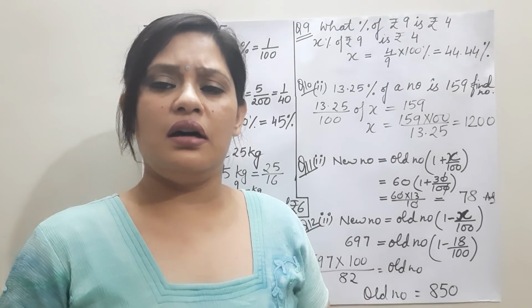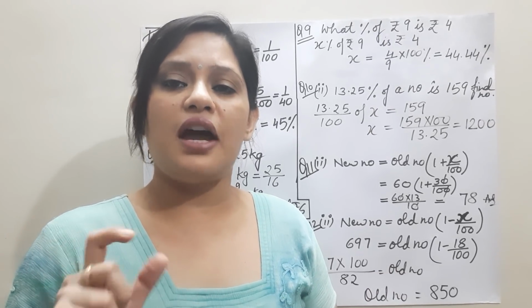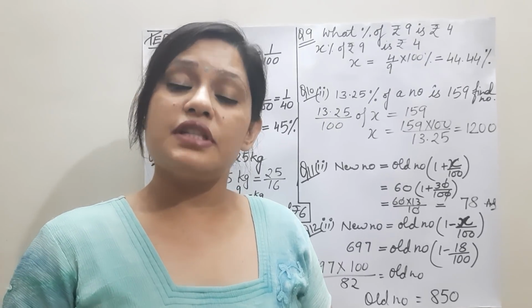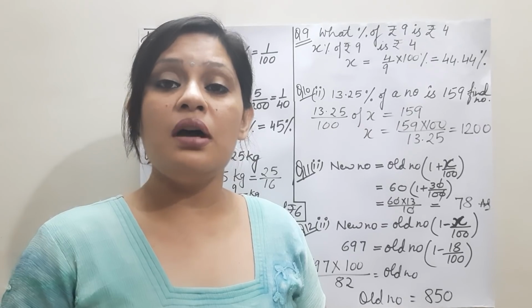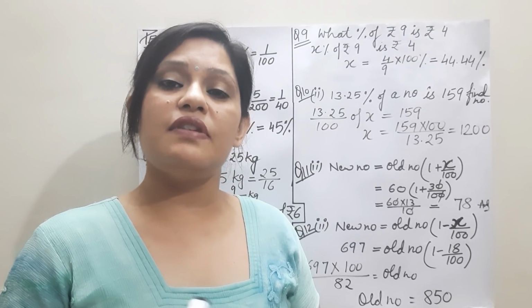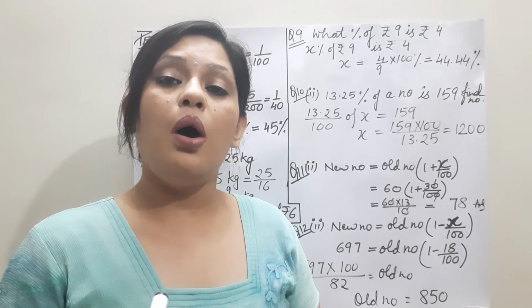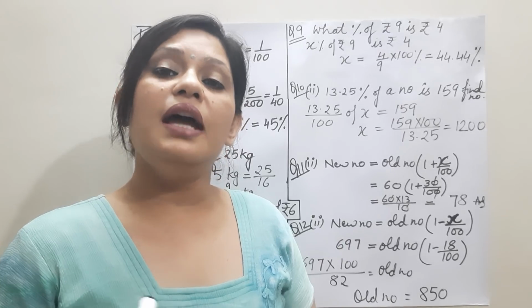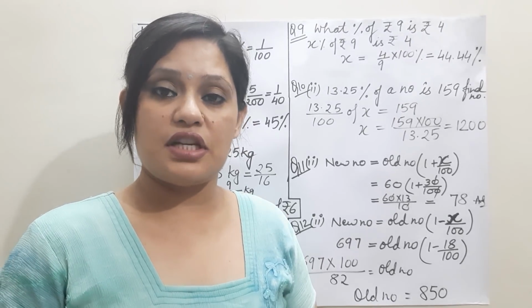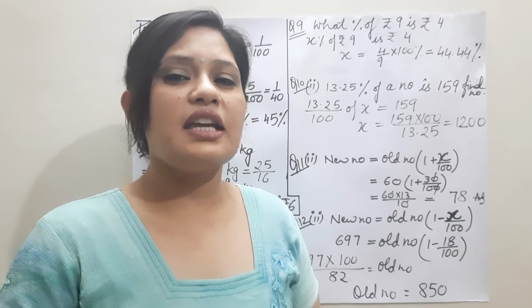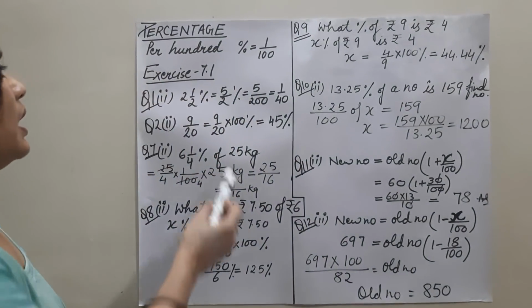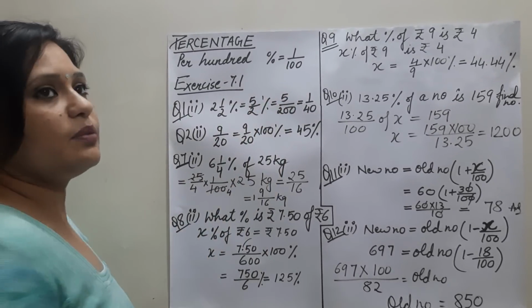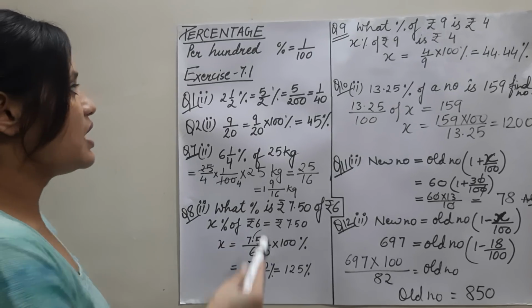You have already done these kind of questions that a fraction is given, and you need to convert it into a percentage. Percentage is given, you need to convert into a fraction. Decimal number is given, you have to convert it into a percentage. Or a fraction is given, first you have to convert it into a decimal number and then you have to convert it to a percentage. Clear? So let us recap within two questions. Fine. Per 100 is percent and percent sign is equivalent to 1 upon 100 as we have already discussed.